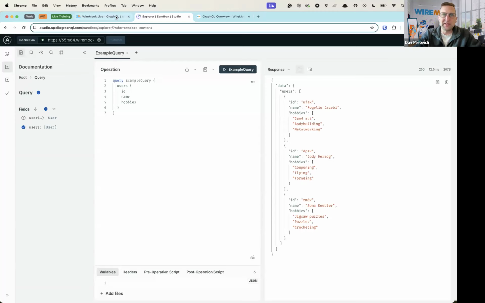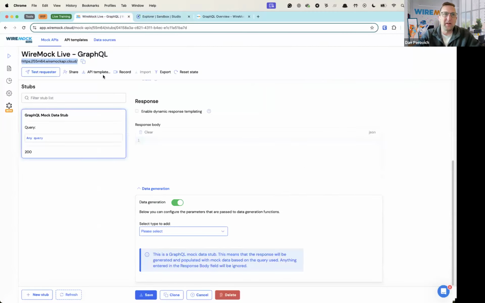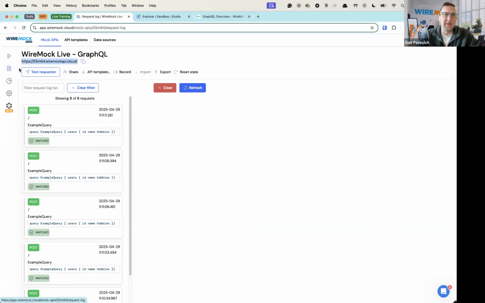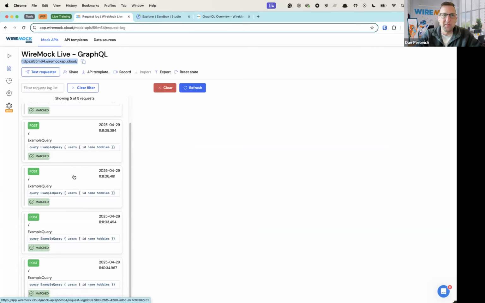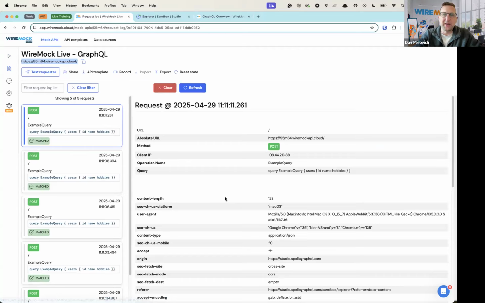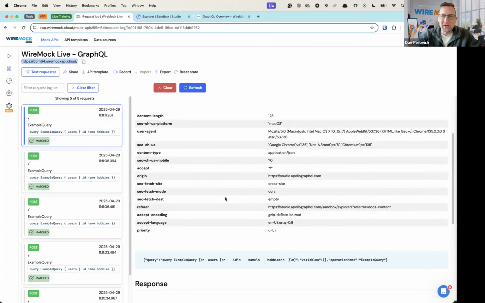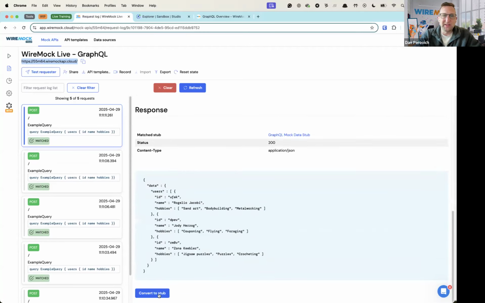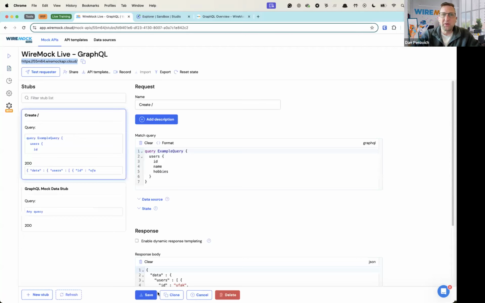What we can do at this point is come back over into WireMock Cloud and take a look at that request log and see those post requests to the mock API being serviced. And we can take one of these by clicking on it. We can look at the information coming back, and then we can come down to the bottom, see that response, and say, well, I want to convert this to a stub. So we'll go ahead and convert that to a stub, and we'll see that I now have an additional